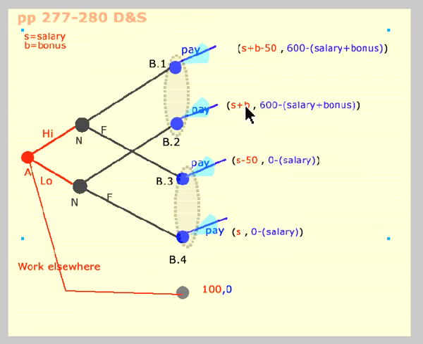B is a bonus. And the bonus, now what might be nice is you might like to say, well, gee, if you work really hard, I will pay you the bonus. Okay? Not just if the whole thing succeeds will I pay you the bonus, but if you work really hard. But for the employer to do that, they have to be able to observe whether you put in high effort or low effort. And they can't do that, okay?